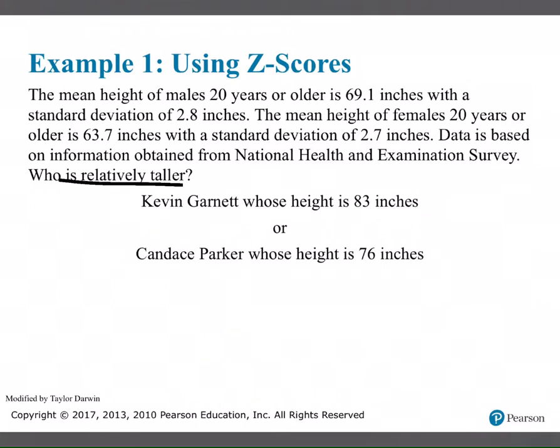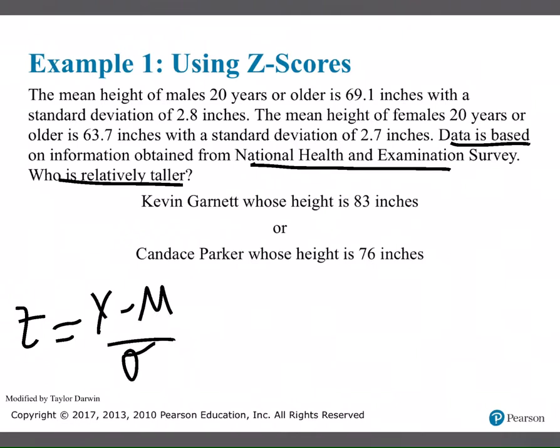Because it is using information based on this national survey, we can say that we're going to be using population mean and population standard deviation. I'm going to do them both, one for Kevin and one for Candace, and I'm not going to have enough room to do all of this, so I'll have to erase as I go. z is equal to x minus mu divided by sigma. Okay, let's do Kevin first. So for Kevin,